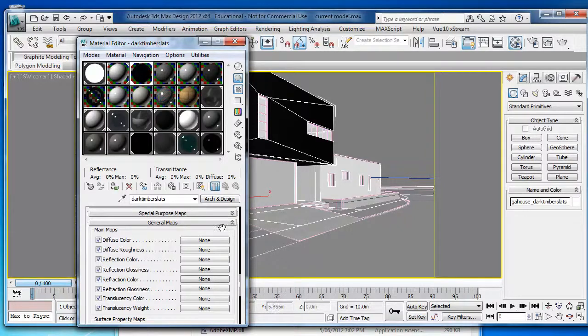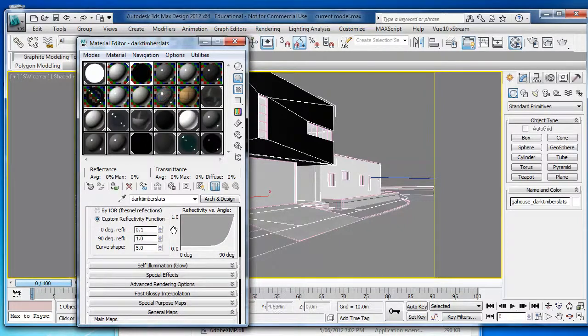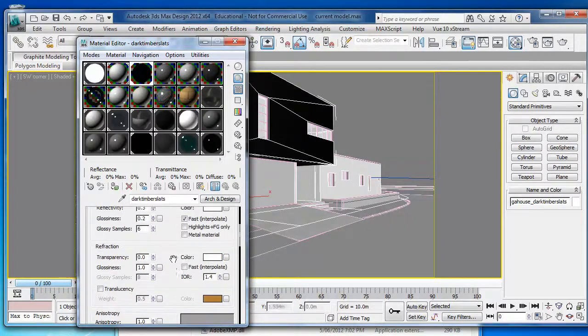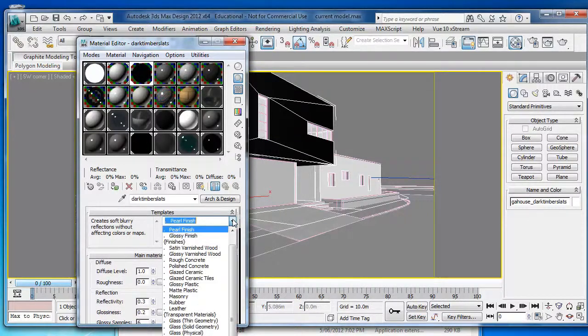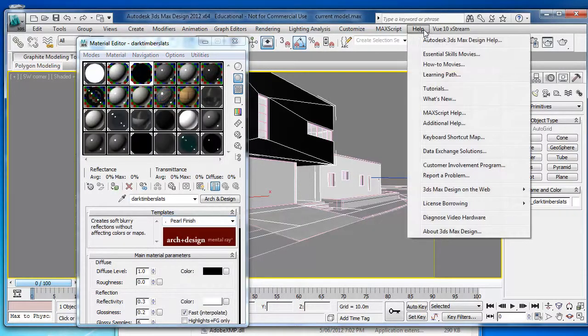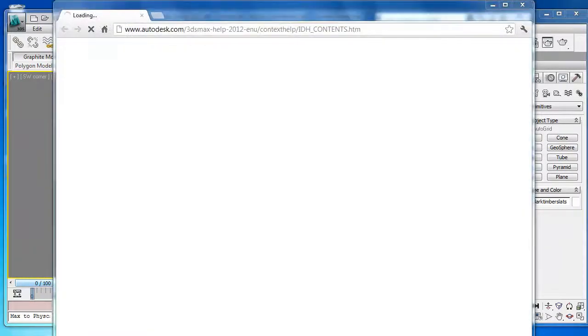Okay, so once we've created that, I just want to go through all the other materials that we have in Arc and Design. The rough and polished concrete is very easy to use. The plastics are good, and we've got three types of glass, which is worth actually knowing about. So once again, if you want to know anything about any function, go up to the help menu and